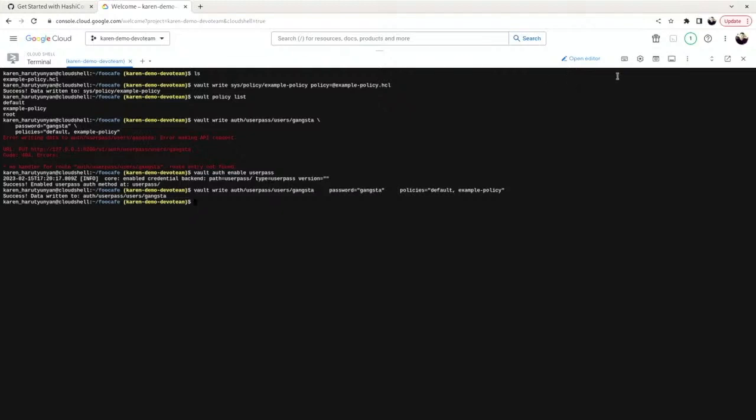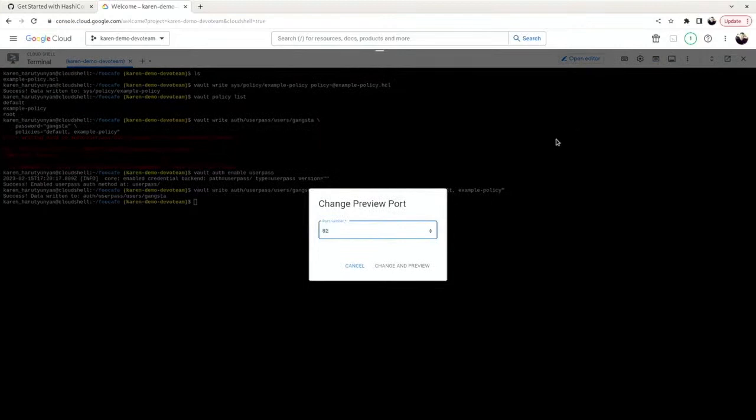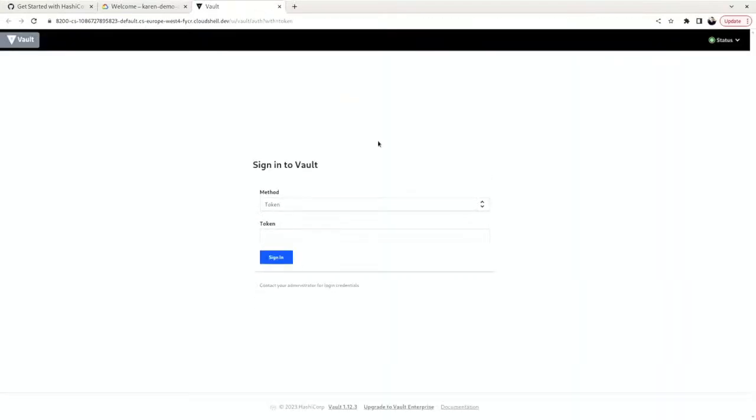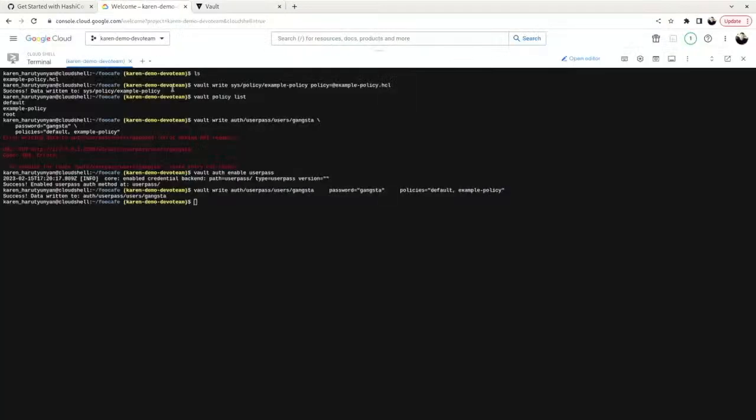But I also want to show you something nice. Change the port, so it's 8200. Nice. So we have the UI, the browser engineering. So let's create a token. So vault create a token. It will create a root token for me.